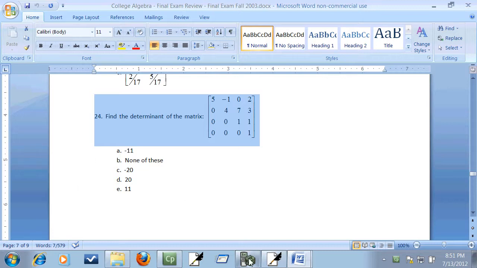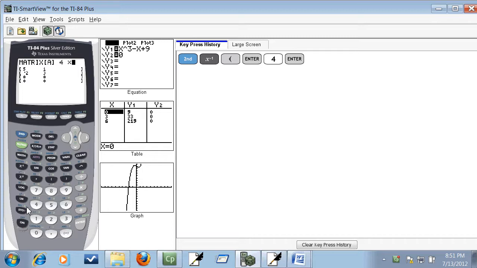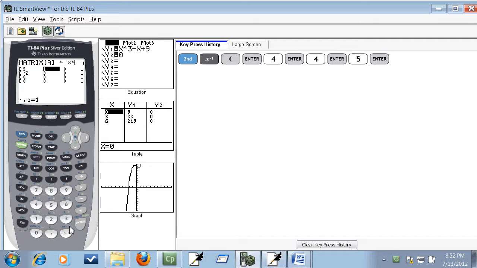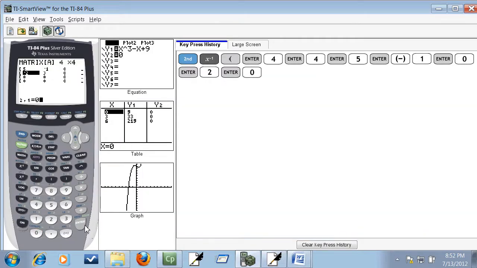So let me get my bearings here. I'm going to input the matrix. So I'm going to do second x to negative 1, left arrow to edit, and press enter on A. And this is a 4 by 4, so I'll do 4 enter, rows by columns. And we got 5 enter, negative 1 enter, 0 enter, 2 enter, and 0 enter, 4 enter,